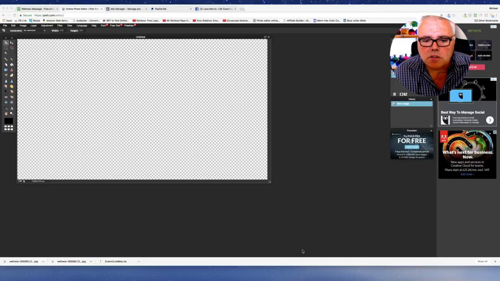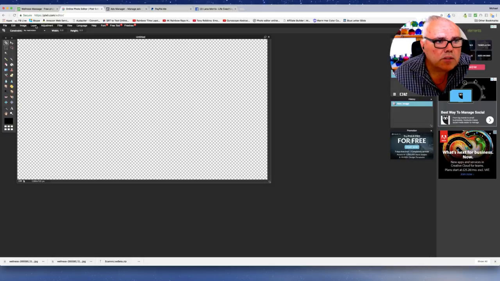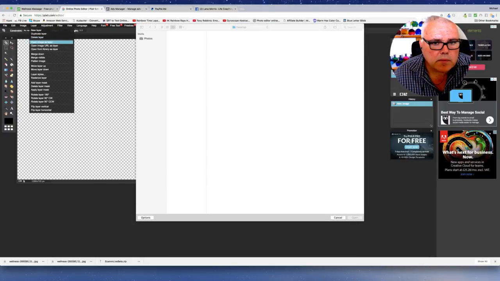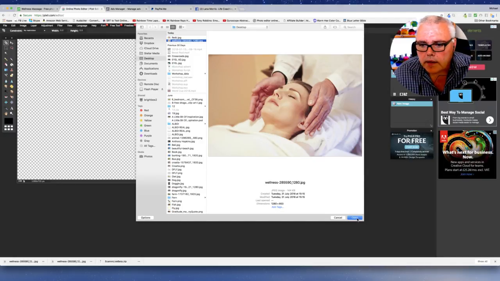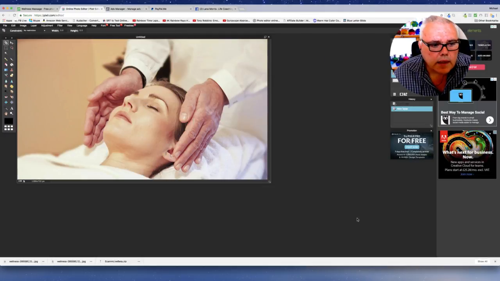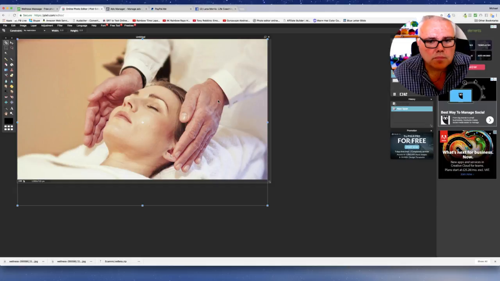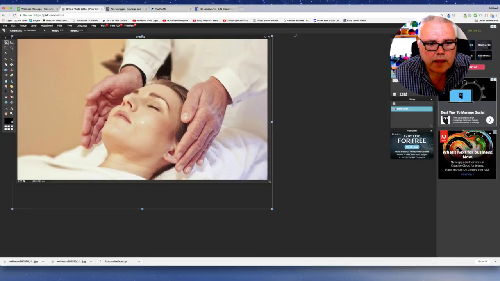What I'm then going to do is open the image, so click layer, open image as layer, find the picture that I want, click open, and there my picture's been brought into Pixlr Editor and it looks absolutely lovely. Right, so the first thing I want to do is optimize this image, so I'm going to hit edit and then free transform, and I'm going to look for the double pointed arrow that you see, and then when I left click and drag I can bring it out a little bit,